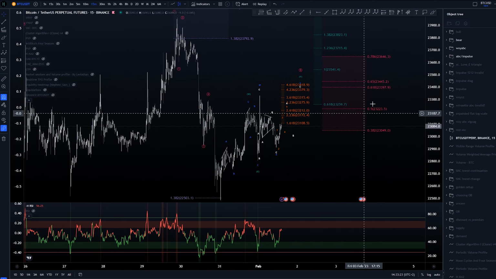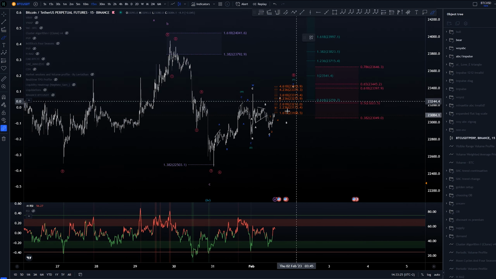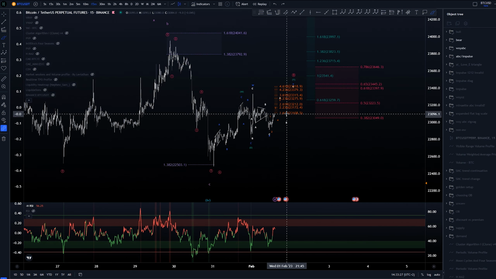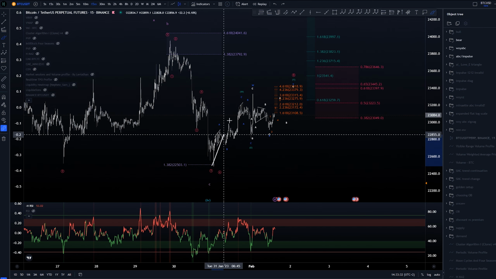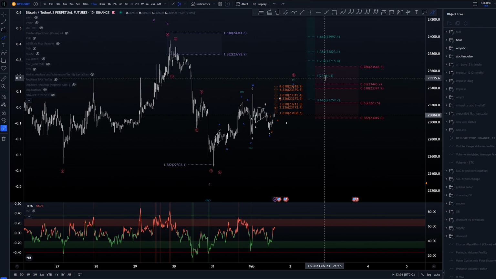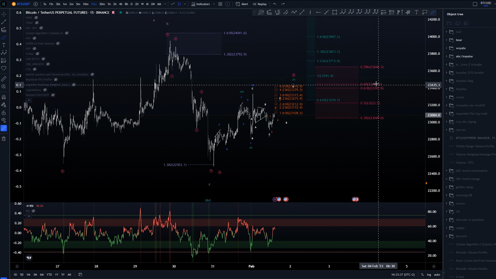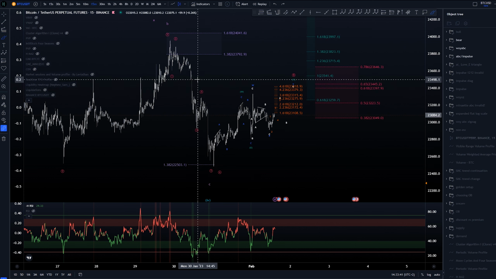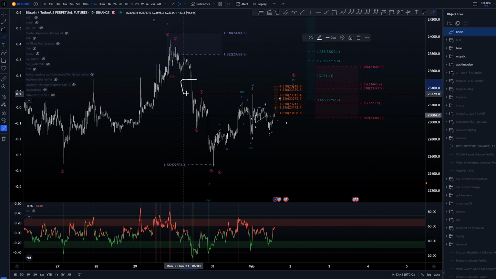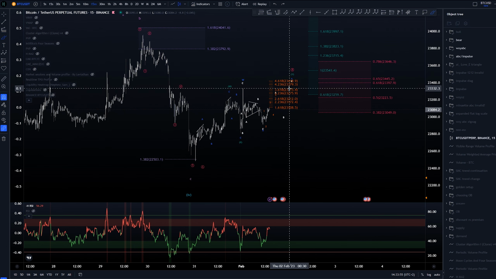And then we would have some higher degree targets here. Of course, we don't know where the A wave here is going to be ending, so we can't really measure that yet. We are 1-to-1 of this WX here around 23,540, and again the golden pocket just below that around this fair value gap here. But I think again this is going to be taken out if this is going to be played out. Now that is the bearish count, where again I still have a bullish play, although the whole count is in itself bearish.